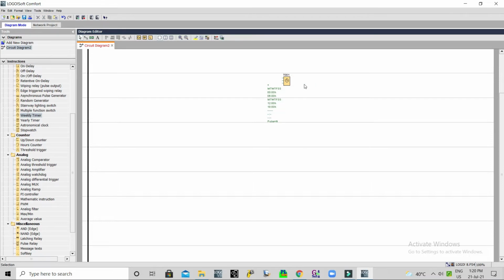Now we have five inputs: two inputs from the auto selector, two inputs from the AC trip signals, and one input from the high temperature alarm. If the duty AC trips, then the standby will run automatically. Even if the temperature goes high, we will get an alarm signal from the temperature thermostat that will trigger the standby unit to run. So we will see how we can make the configuration.